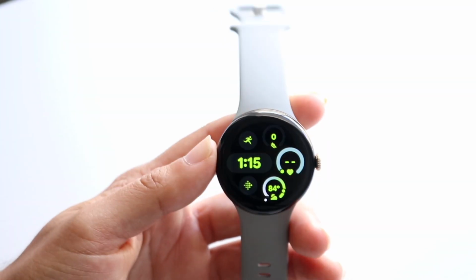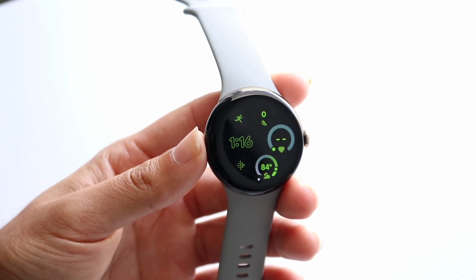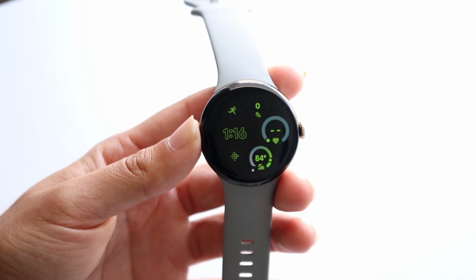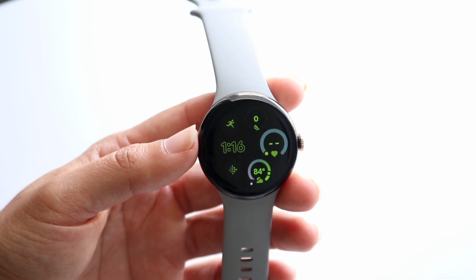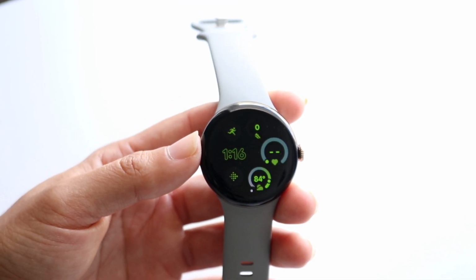So you may have just picked up your Google Pixel Watch 3, and you might be trying to figure out how to use this particular watch. Now, first things first, this is a very good watch. I like this watch a lot, and I'll give you a quick breakdown on exactly how to use it. Number one, the way you connect your Pixel Watch to really any Android phone out there is